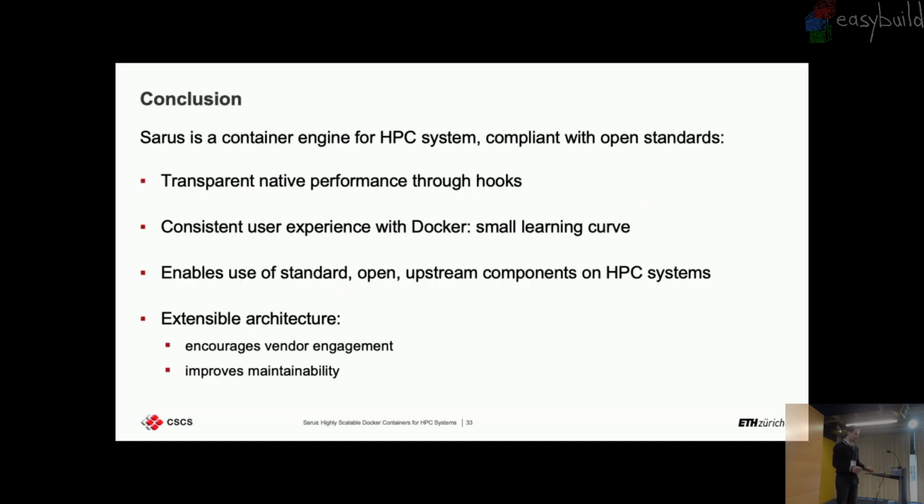Now, in conclusion, Sarus is a container engine for HPC systems, which is compliant with the OCI standard. It provides close to native performance through the hooks that are bundled in the container runtime. It provides a consistent user experience with Docker, so the learning curve is really minimal if you are already used